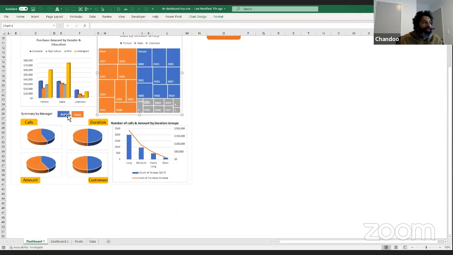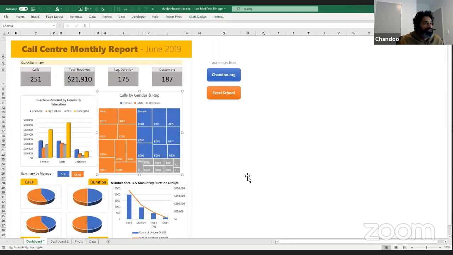And then we have 2 managers in the call center, Bob and Gina, and numbers broken down by their level presented with some pie charts here, and again calls and purchase amount by the type of call, like whether it's a very long call or a really short call, and what happens with those kinds of details. So that's the first dashboard.